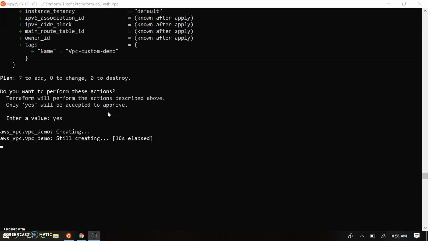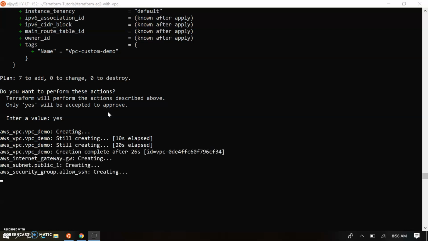It started creating the VPC. Terraform works out the resource dependencies on its own, which resource is required first. So Terraform started from the VPC. Then it will create the internet gateway, subnet and the security groups. After that it will create the instance.